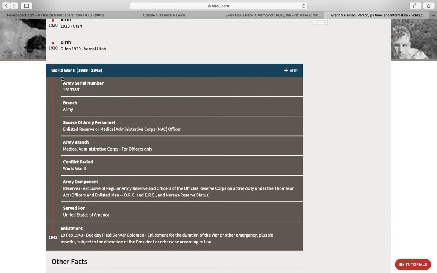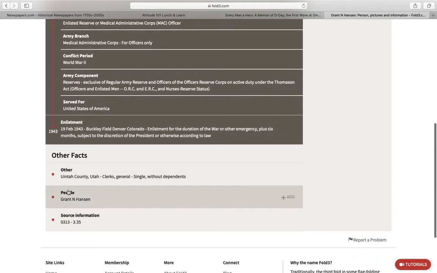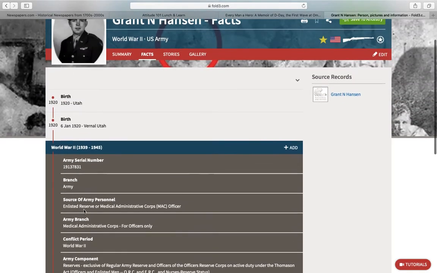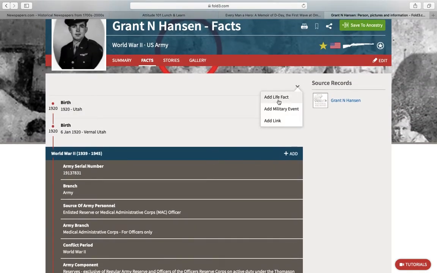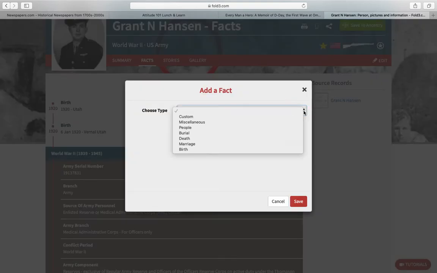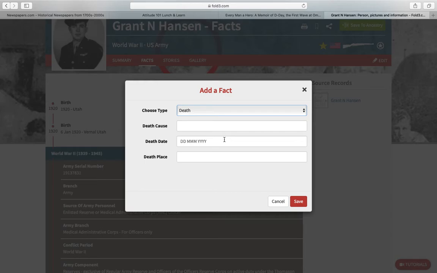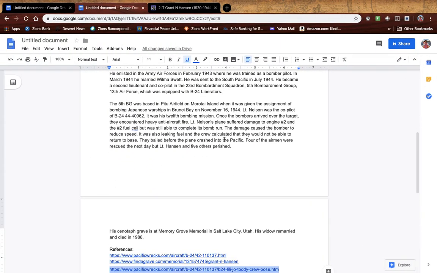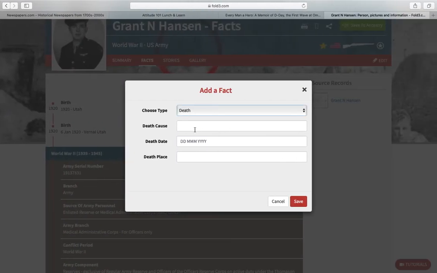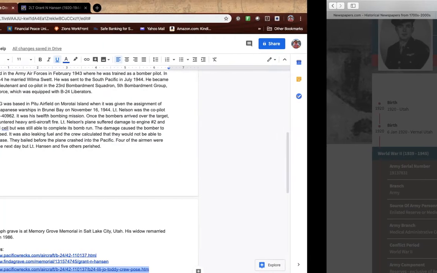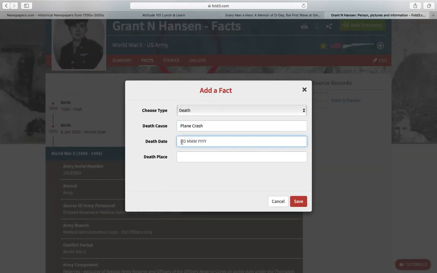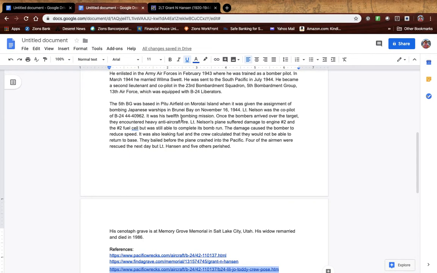Over here, under World War II, it doesn't say when he died, so we can add that information here too. That would be under a life fact. And this one would be a death. So over here, he died on November 16th, 1944. He died in a plane crash. November 16th, 1944. So 16 November 1944. The place that he died was